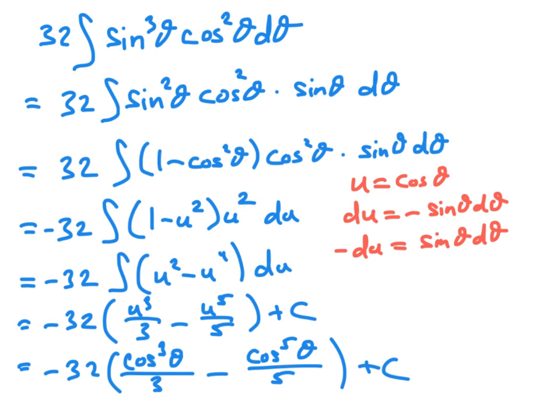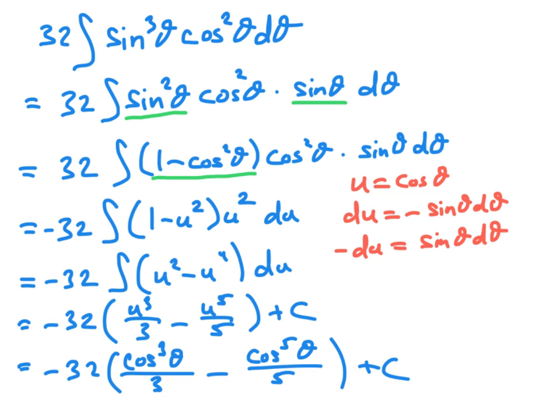So after we isolate our single power of sine, we have a sine squared remaining, and we need to convert everything to be in terms of cosine. And so that sine squared of theta can be written as 1 minus cosine squared of theta using the standard Pythagorean identity. We then make the appropriate substitution, which is that u is going to equal cosine of theta, and